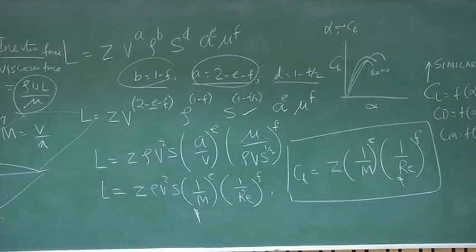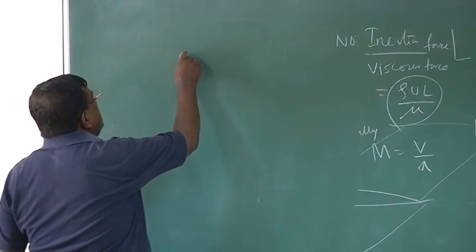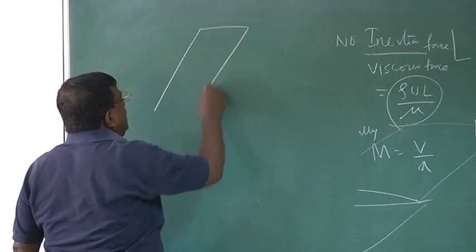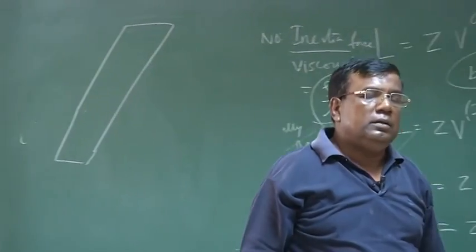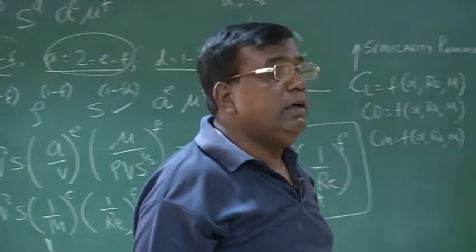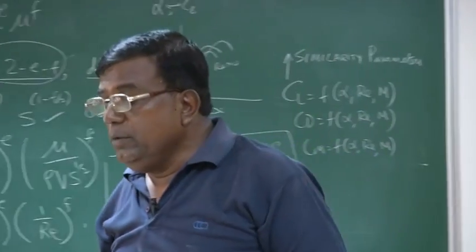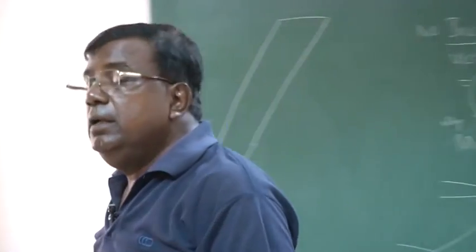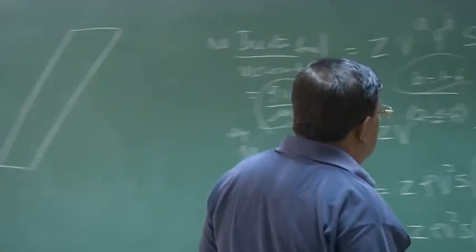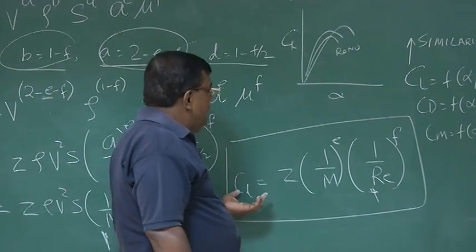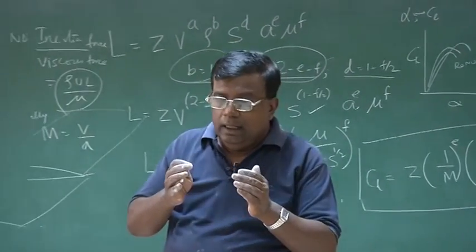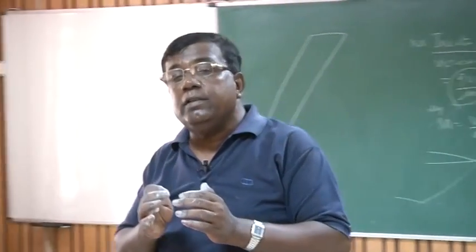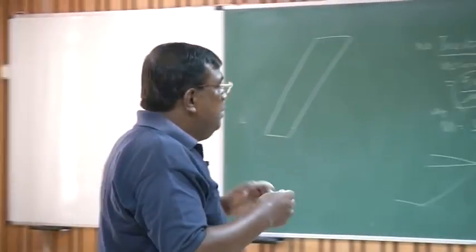Now it has helped us further. Let's say I want to generate the CL characteristic for a huge aircraft. Okay? That means if I want to generate the CL for the whole aircraft, I have to take the whole aircraft in a tunnel. I need a huge tunnel. But see this. This expression tells me that I can test a smaller vehicle which is geometrically similar to the vehicle of interest,